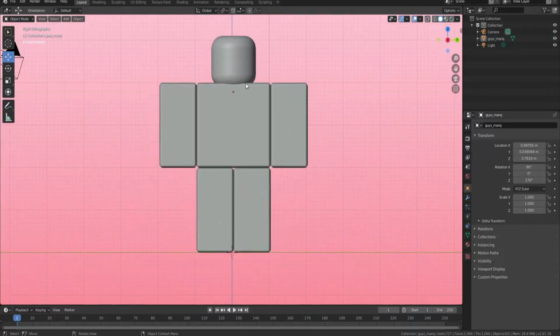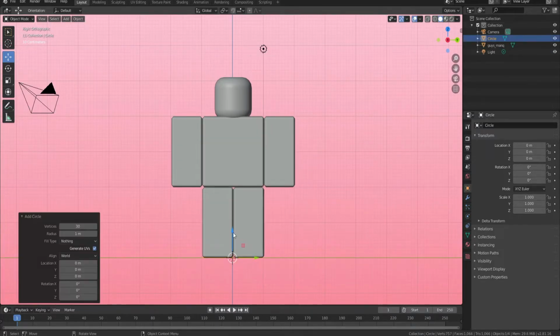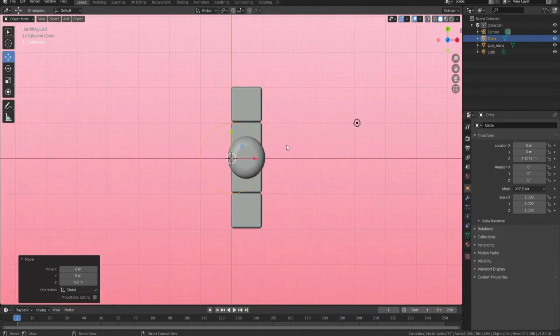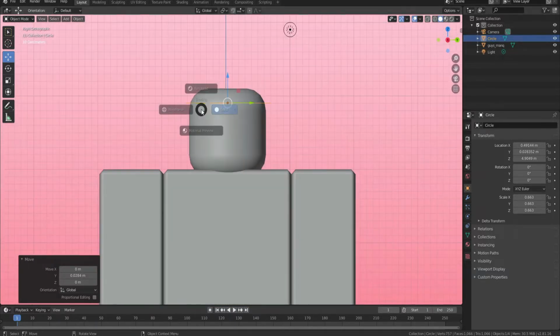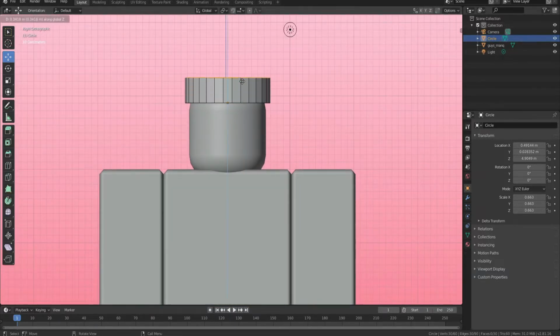First, you want to import an avatar, and then add in a circle by clicking Shift A, and then resizing it the way I do. I do it by clicking S, which is scale. You want to go into edit mode once you have it scaled, making sure you're on edge select, and then